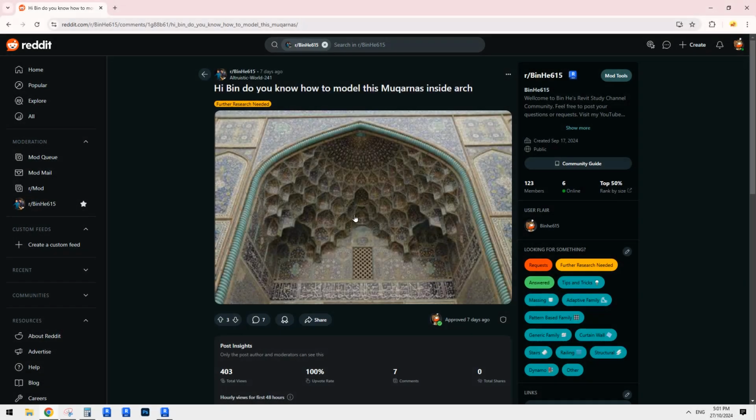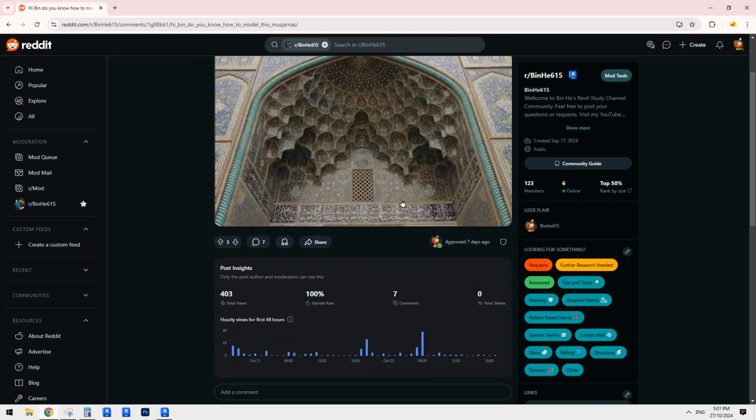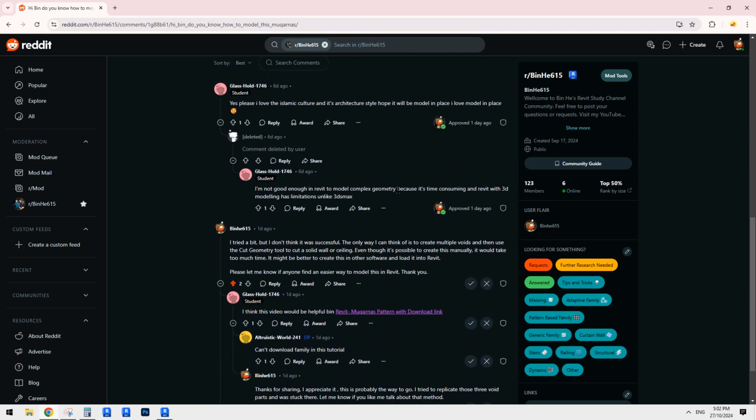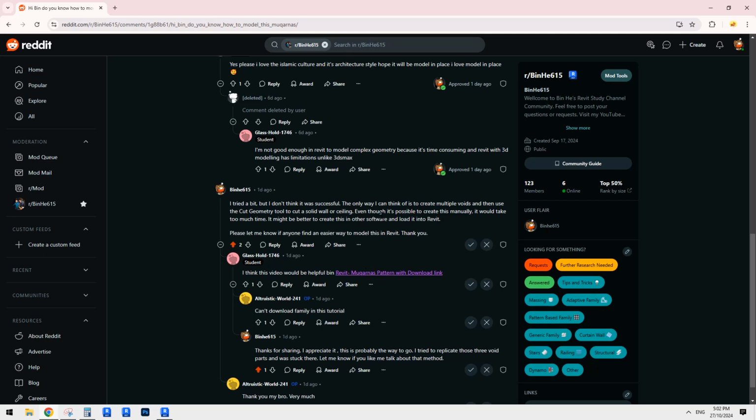So we had this request. Sorry, how to pronounce this? Muqarnas arch. So previously I couldn't figure out how to efficiently model this because of all these irregular corner voids. Thanks to everyone involved in the discussion, and also thanks for some